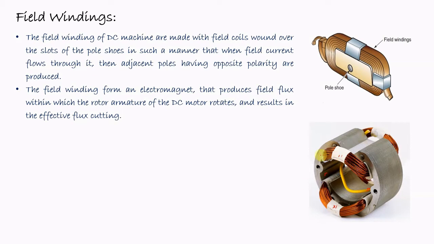So when the current is supplied to the field windings, the magnetic field will be produced. Then the flux will flow from north pole to south pole. It will cross the air gap and it will pass to the rotor. So it will cut the rotor conductor, and according to the requirement, it will operate either as a motor by using F equals BIL, or as a generator, that is minus N dφ/dt.